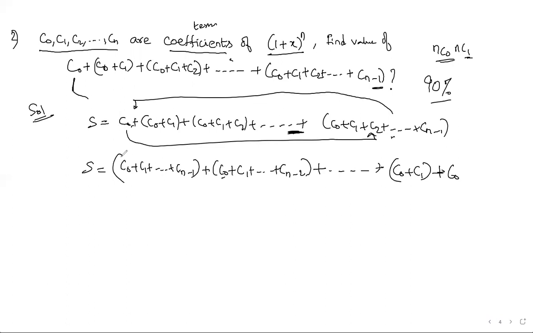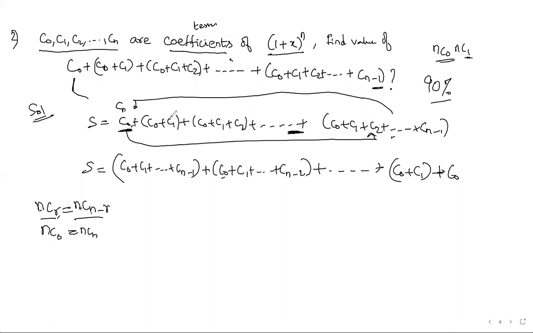If you observe this, we know the property of combination that nCr is equal to nC(n minus r). If you don't know it, it's an easy derivation, you can solve it by yourself. You just write the formula of nCr and the formula of nC(n minus r), and they both will be equal. So in our given case, nC0 is equal to nCn, nC0 equal to nC(n minus 0), that is nCn. So in place of this C0, we can write Cn.